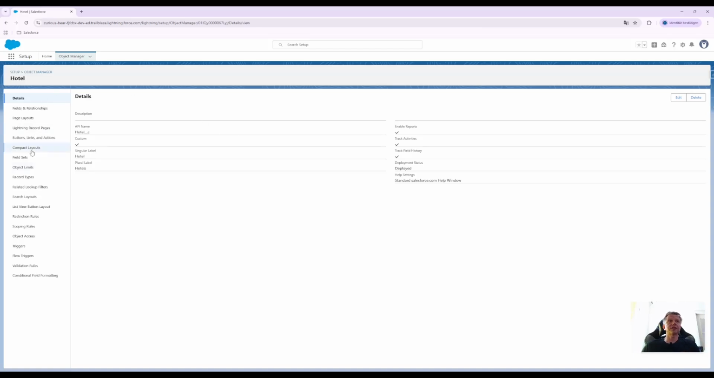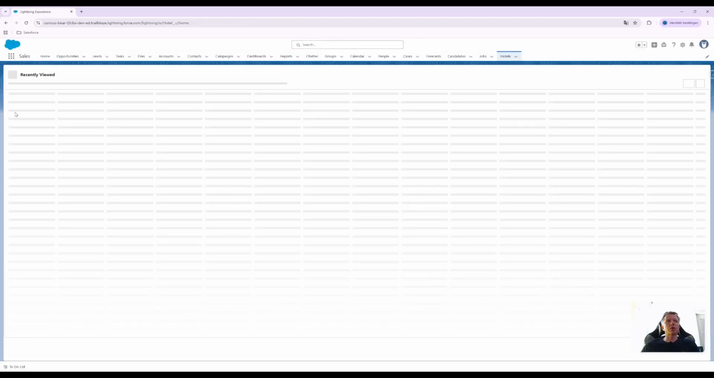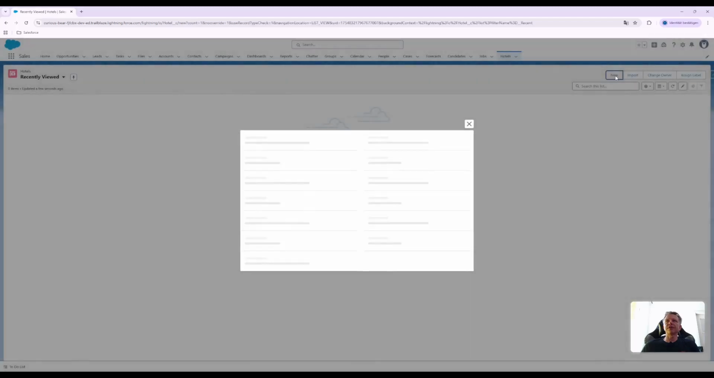There you go, here it is. We created our first object, a hotel object. Let's see where it is. We go in here. Here it is, hotels. And you can see it has this icon with this color. If I would now click new,